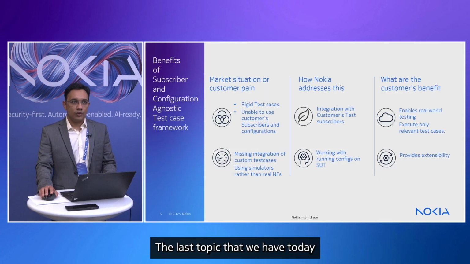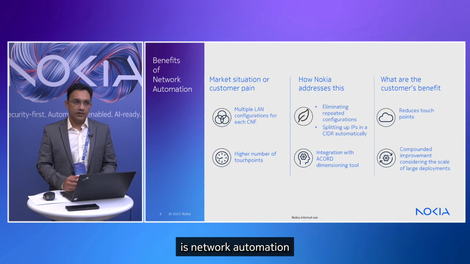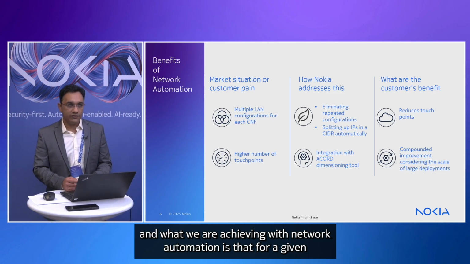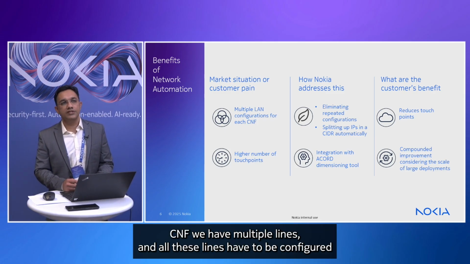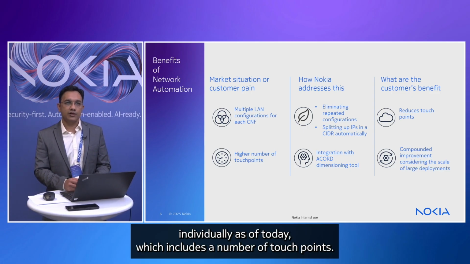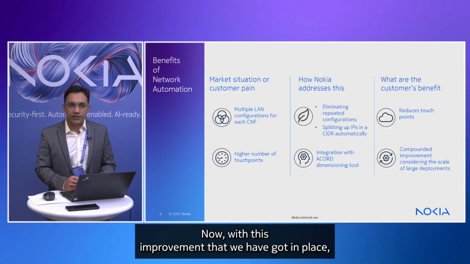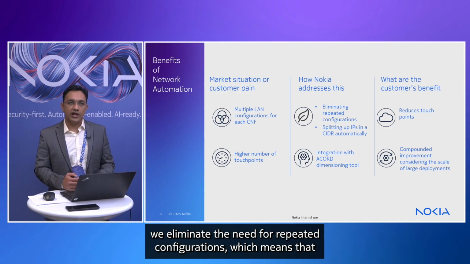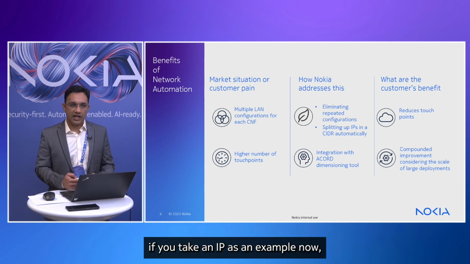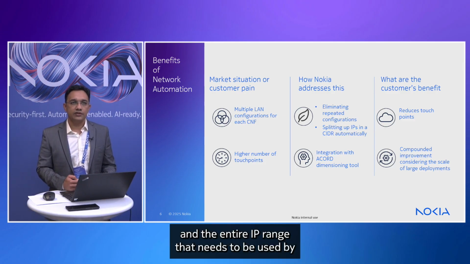The last topic that we have today is network automation. And what we are achieving with network automation is that for a given CNF, we have multiple LANs, and all these LANs have to be configured individually as of today, which increases the number of touch points. Now with this improvement that we have got in place, we eliminate the need for repeated configurations, which means that if you take an IP as an example,